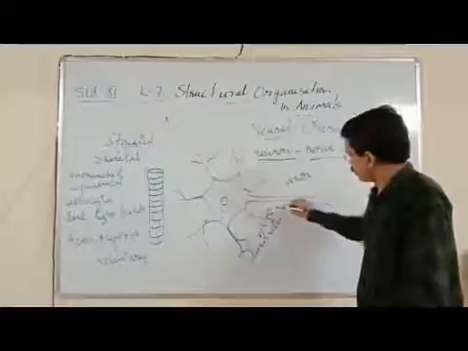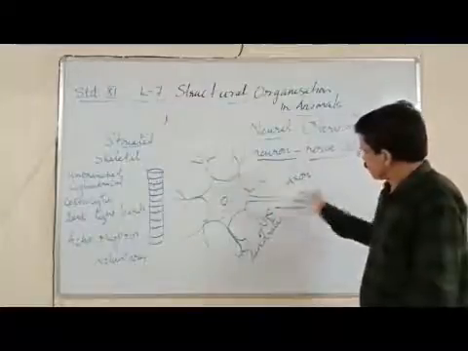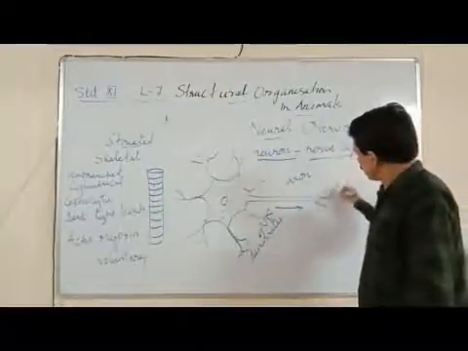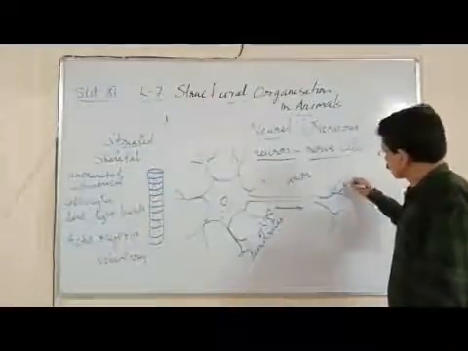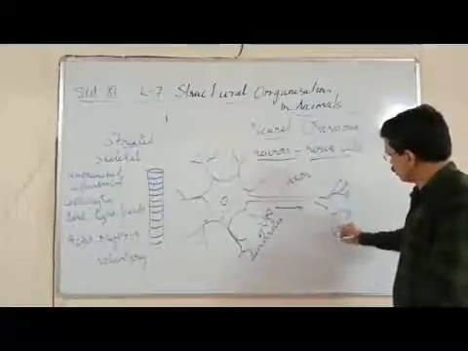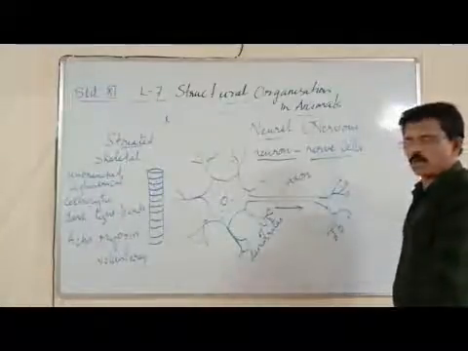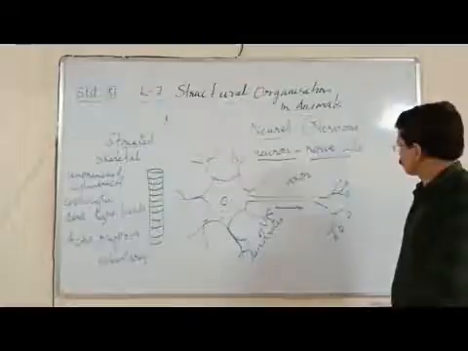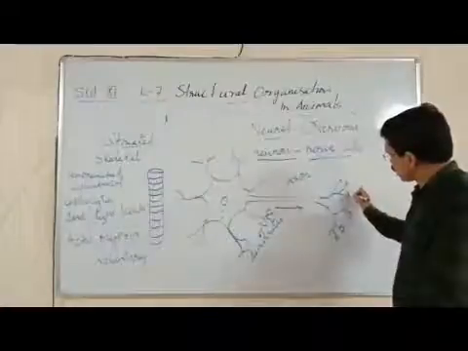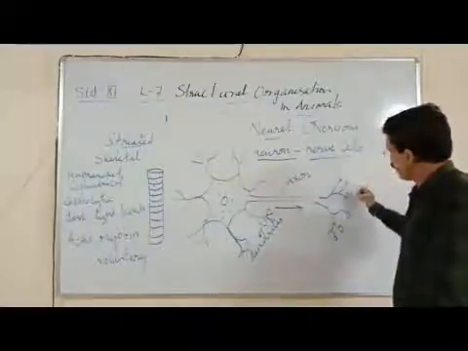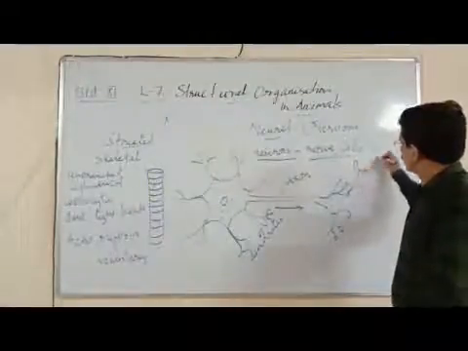Now, the cell body collects all the sensory impulses and sends them through a long fiber called the axon. It is through the axon that sensory impulses pass, and ultimately reach the tip of the axon. We call them axonites, or axon tips. They are very important for generating the chemical impulse. Sensory impulses are now converted to chemical impulses in the axon tip. This axon tip is called a presynaptic node.